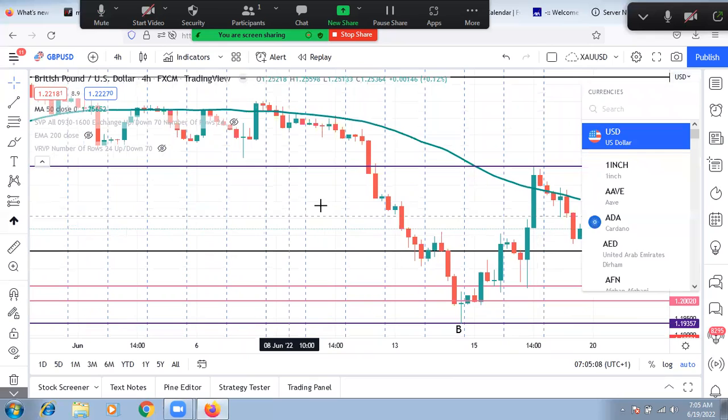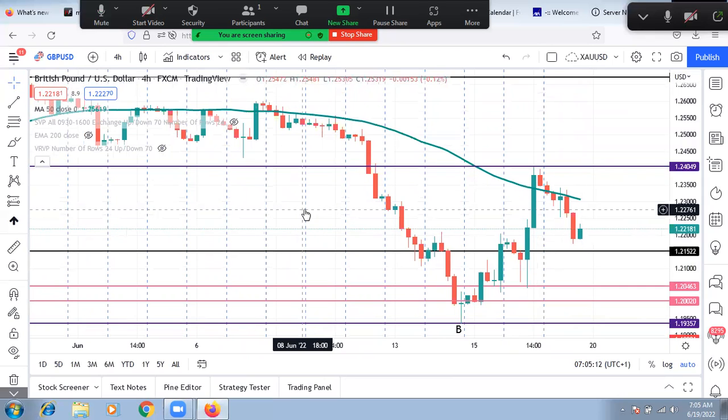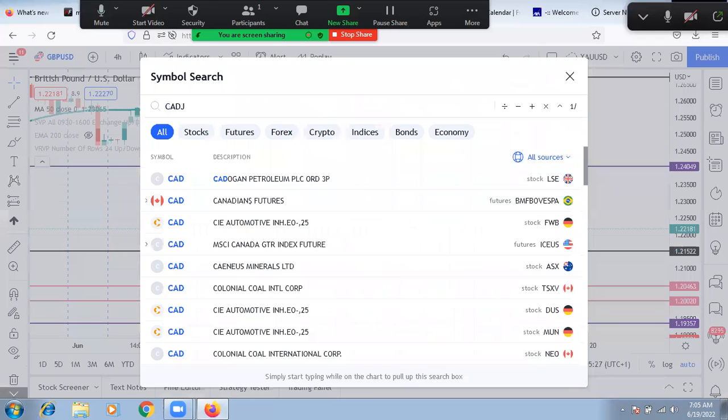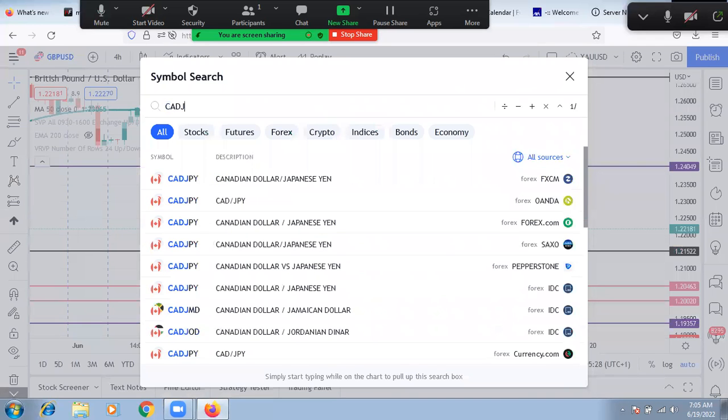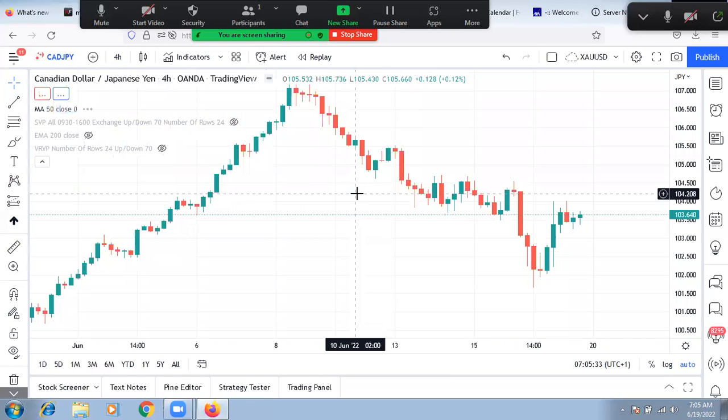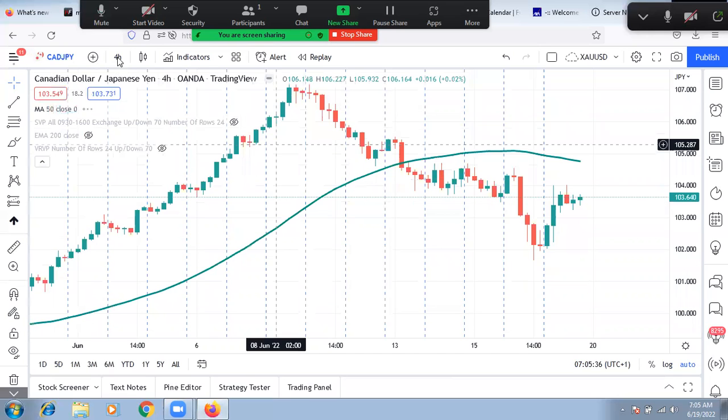Now, having done that, let's quickly move to the yen pairs and see what is possible. The yen pairs are a bit very funny. Let's look at CAD yen. I might not be touching on all of them. CAD yen. Yeah, CAD yen. So with the move that we had on CAD yen,